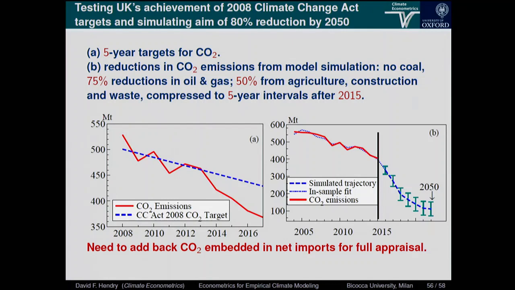I'm pretty skeptical. So I've plotted in the left-hand graph our CO2 emissions against the target that was set by the Climate Change Act. And as you can see, the red line is way below the blue line. We're way below our target in 2018, which is the latest data we've got. So even given the target for 2020 is going to be much lower, we're going to be way below the target for 2020. So we're doing far better than even the Act wanted us to do.